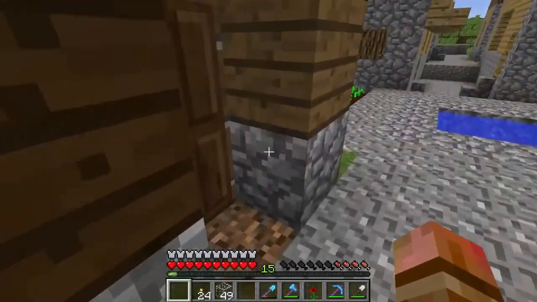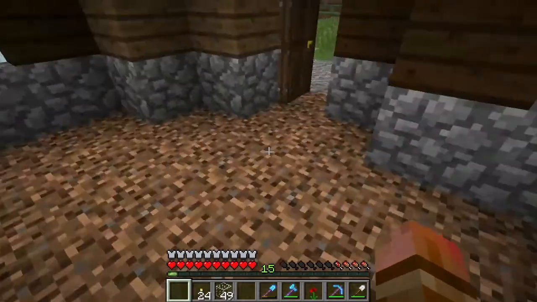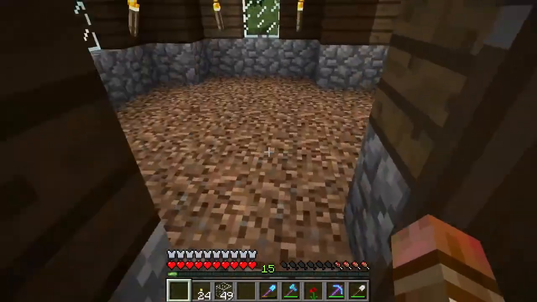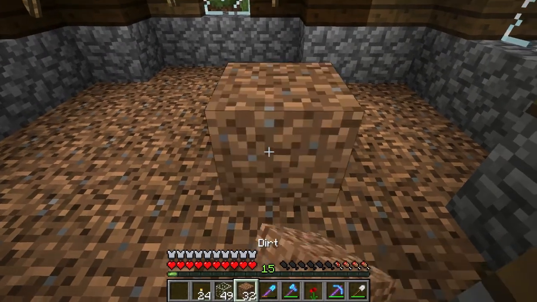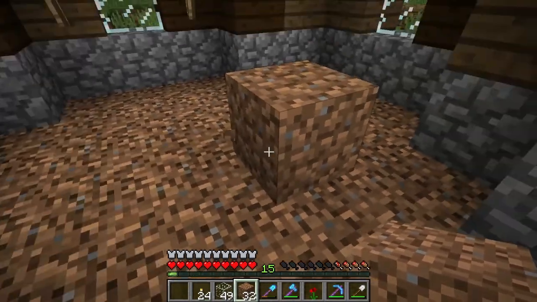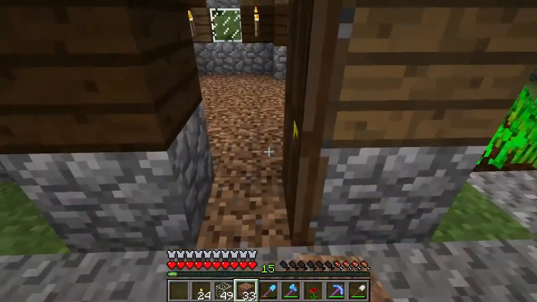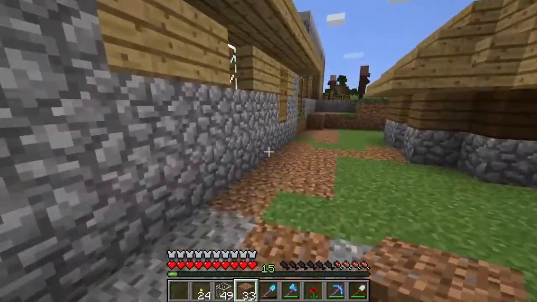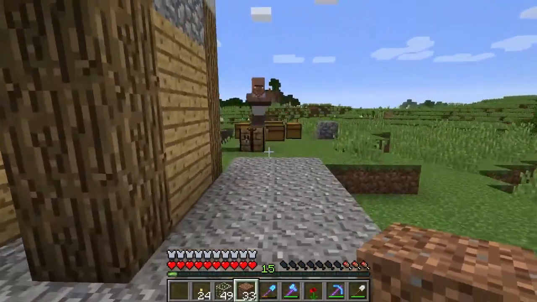Okay guys, so I looked it up on the wiki, and this coarse dirt, which by the way looks lovely, is basically dirt. Look at the difference between these two textures. Not too much, just a darker tone. But I looked it up on the wiki, and it's actually really easy to make. It's just coarse dirt, which is